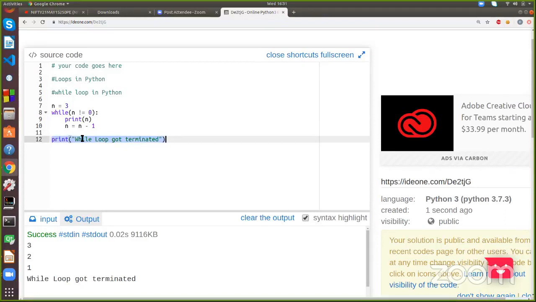So any doubt here? Any students have any doubt here about how to use a while loop? Does anyone have a doubt how we use a while loop, or did anyone not understand why we are using a while loop or the syntax of a while loop?